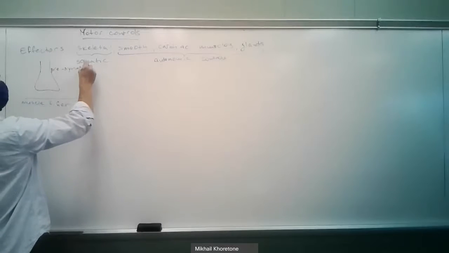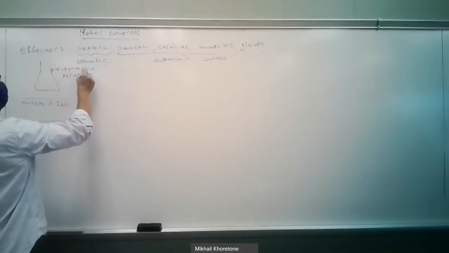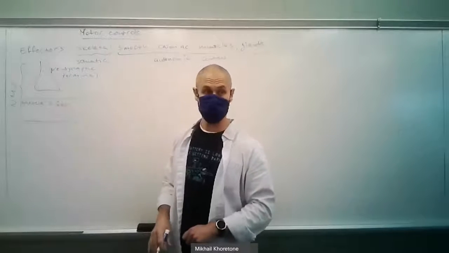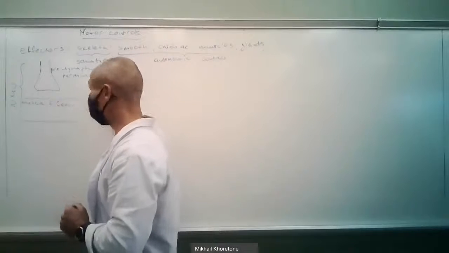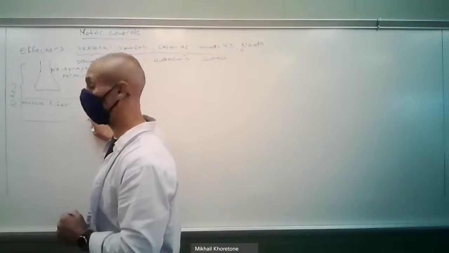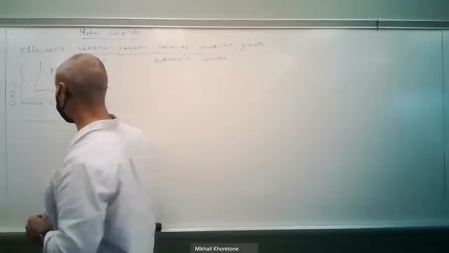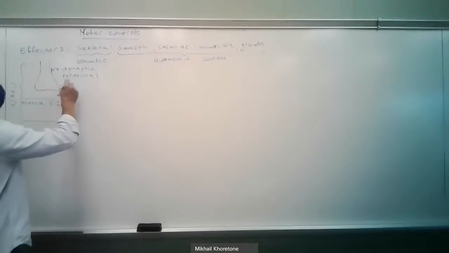This is going to be the presynaptic terminal. This whole structure right here is called the neuromuscular junction, NMJ. Neuromuscular junction. That's basically a synapse between the presynaptic terminal of the motor neuron and the muscle fiber. The neurotransmitter that will be released into the synaptic cleft of such a neuromuscular junction will always be